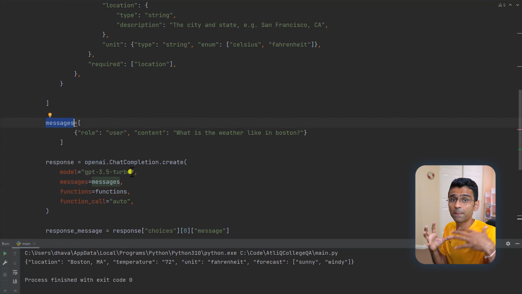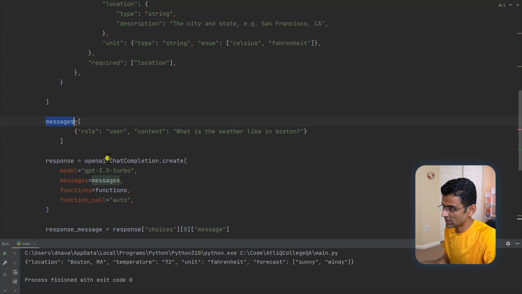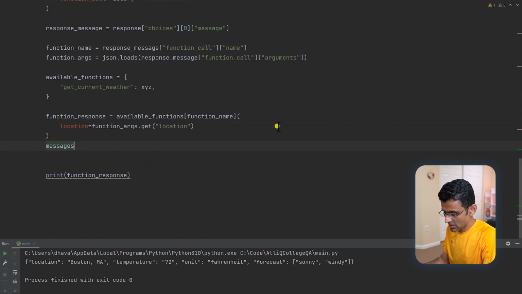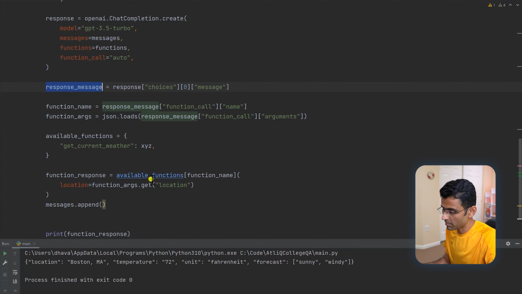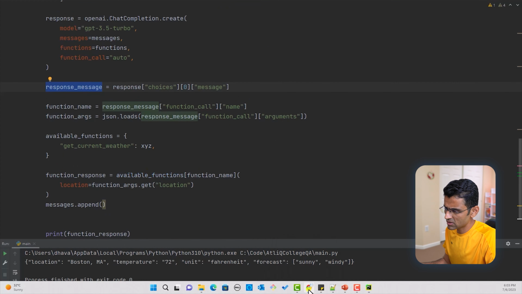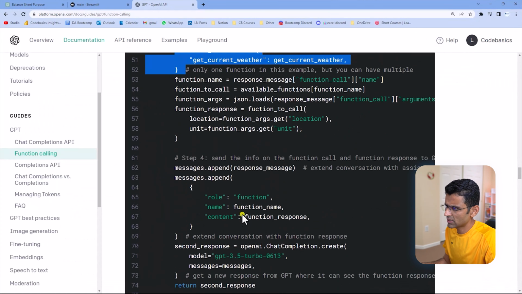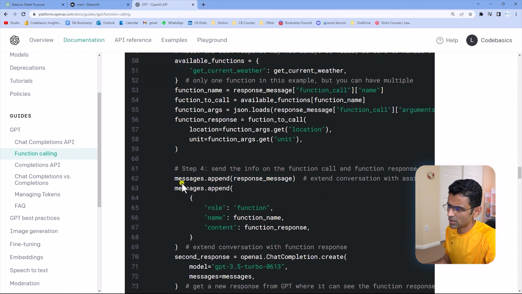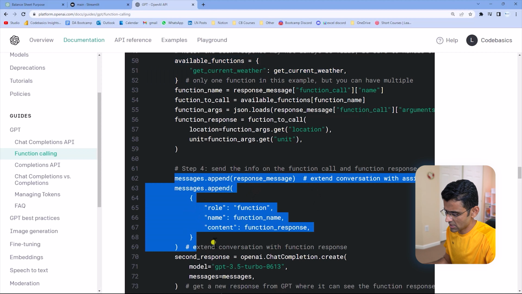Now the way LLMs work is if you give some past context, it performs better. It's almost like a chat history you're giving it back. That is the reason we are taking this messages and appending a few things. So what are we going to append? Well, I think the response message. That's what their documentation says. So we are going to append the response message and these two things.